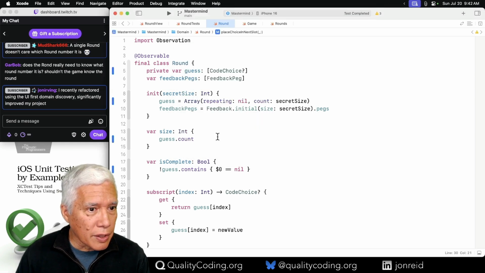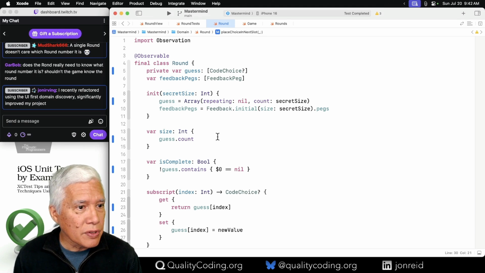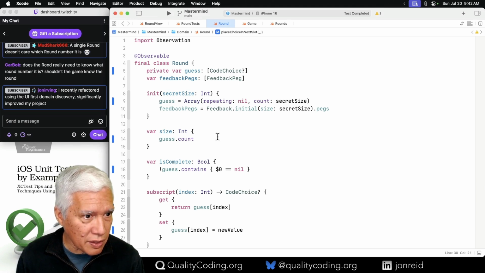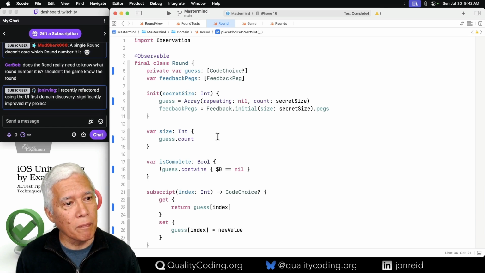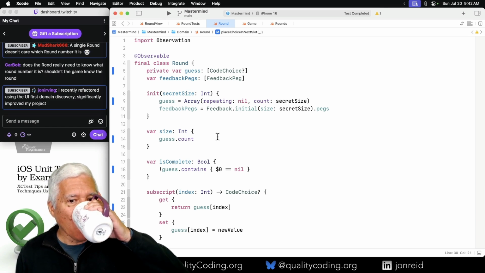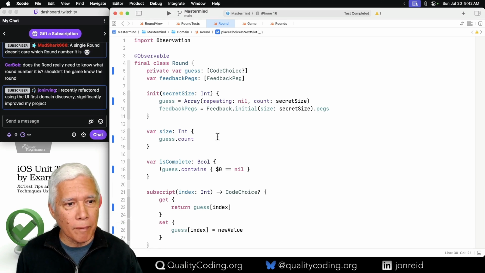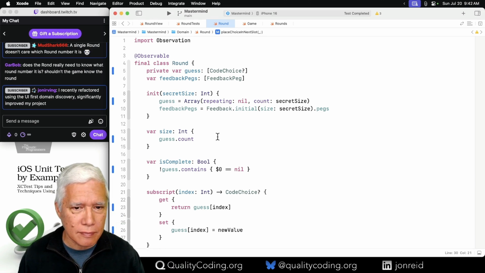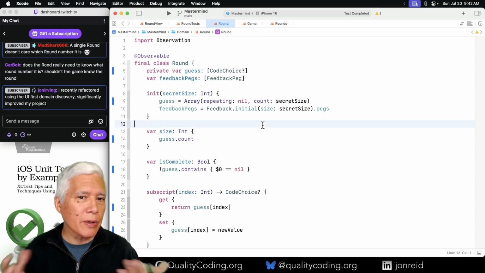John says, I recently refactored using the UI first domain discovery and it significantly improved my project. Cool. Yeah, I'm curious how it will go.